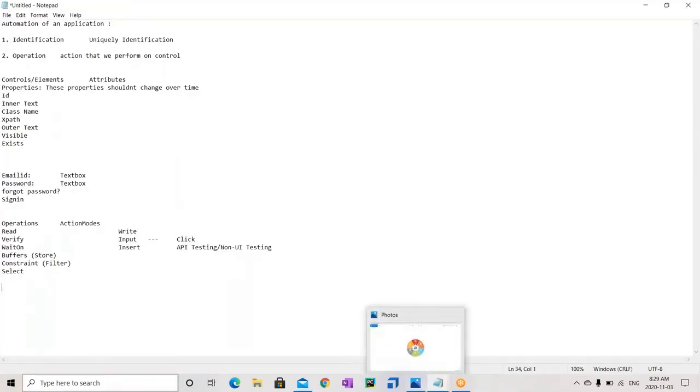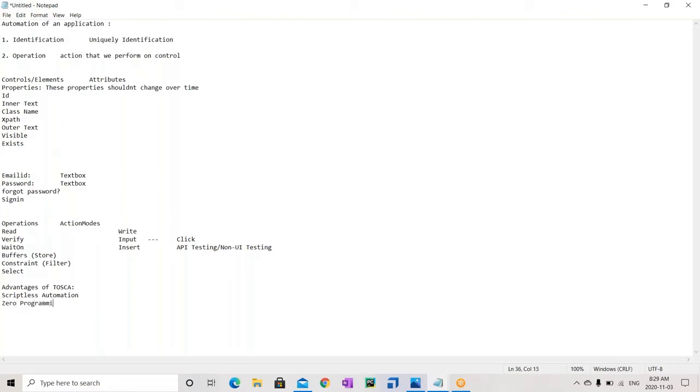Usually, when you install Tosca, before that, as we already discussed, the advantages of Tosca. Scriptless automation is one of the main advantages, and it requires zero programming skills.